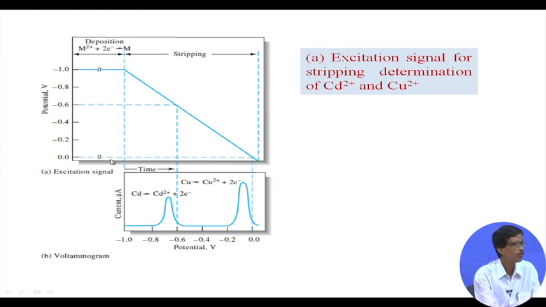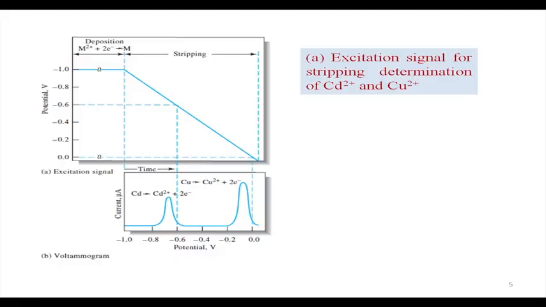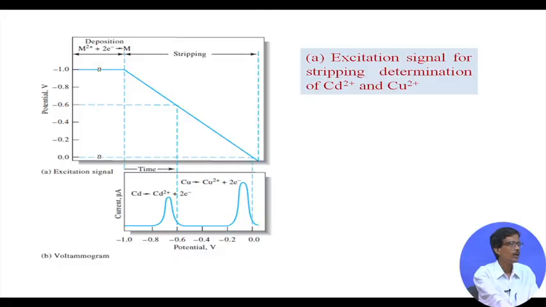The potential of your choice is such that at this particular potential of minus 1 volt, both species, cadmium as well as copper, can be reduced. The exhaustive electrolysis for that purpose means the entire amount of copper or cadmium will be deposited on the electrode surface when you apply a potential of minus 1.0 volt. You have to give it some time, because as you switch on the potential to the electrode surface,